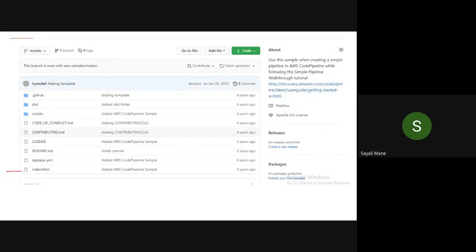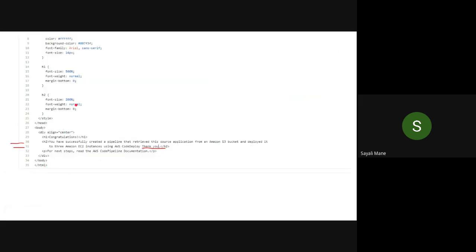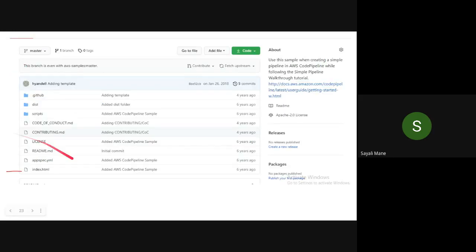Okay. Now open the index.html file. You will see the HTML code. Ma'am, which file should we open? See this one, index.html only, the one which is highlighted.